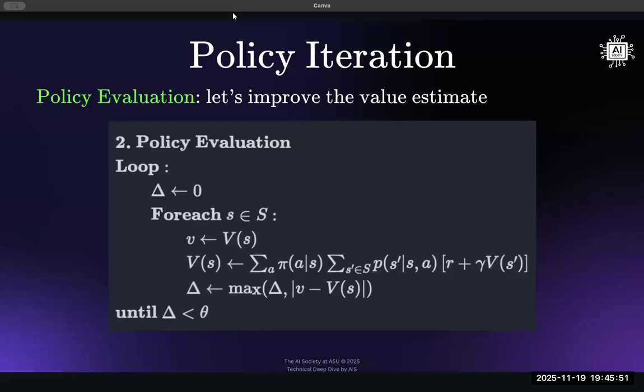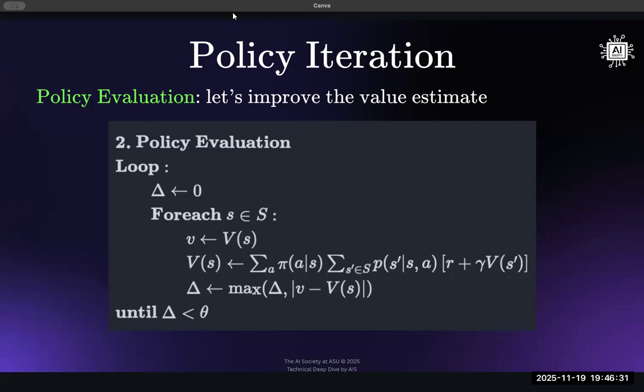And then the threshold would just be the maximum of the threshold that's here, which in this case is 0. So obviously, if this is greater than 0, it will be the maximum between the threshold and the difference between the current value estimate and the new estimated value function. So we're just seeing, has it improved? Is it doing better than the previous value estimate? The value of this difference will tell us, is it positive, is it negative, or is it 0? Are they the same? Has it not changed?